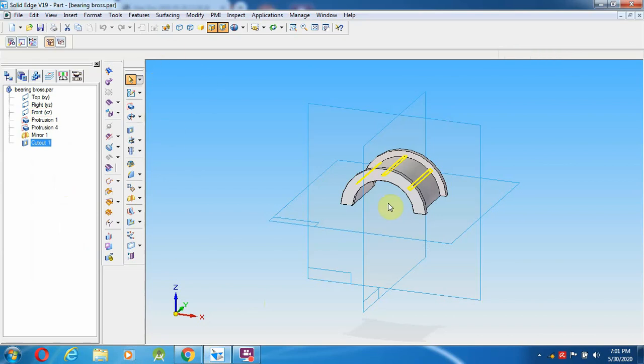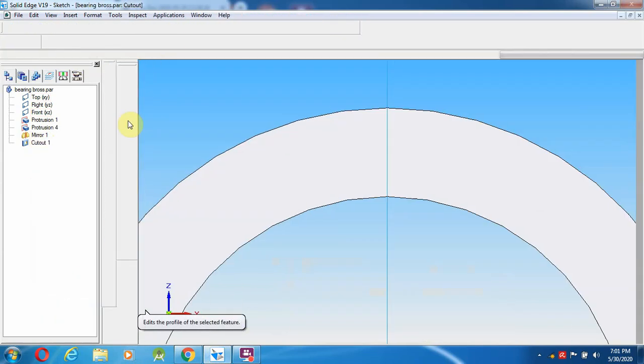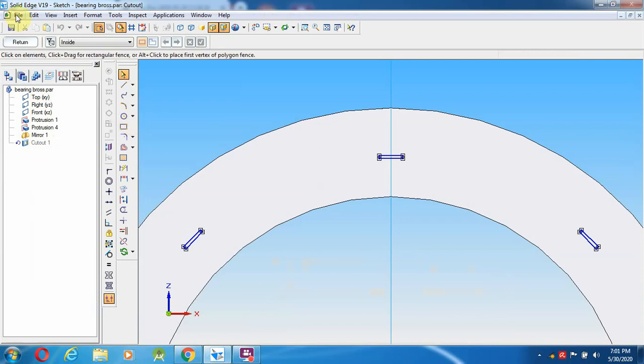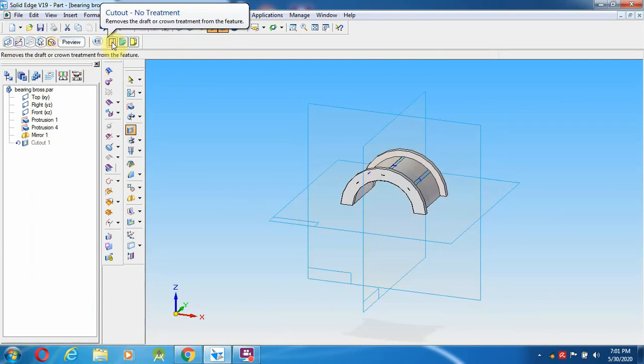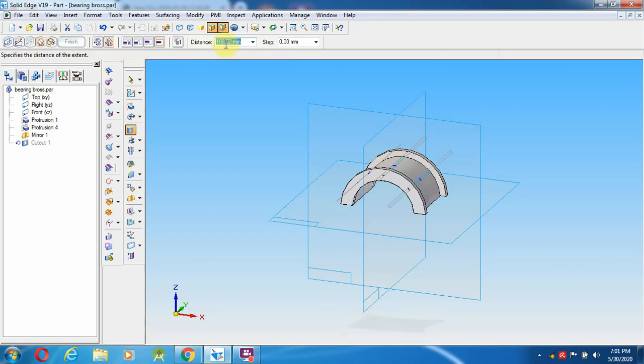So this I'm going to change, edit profile and second depth. So this will be 15 symmetry extent, 15 mm distance.